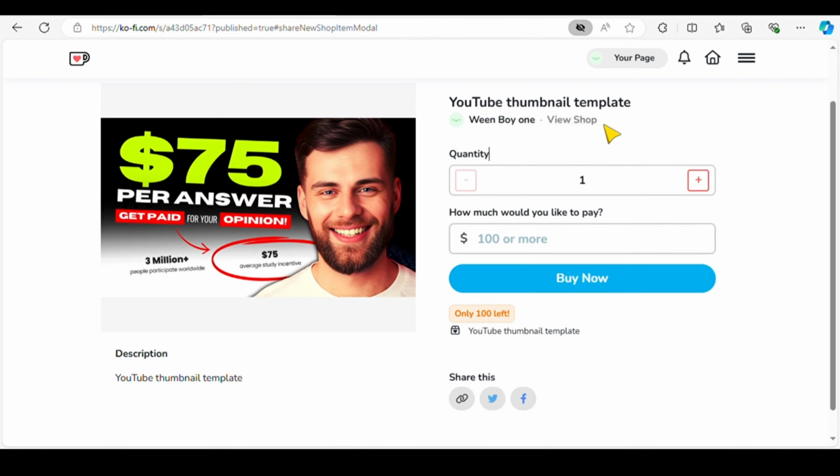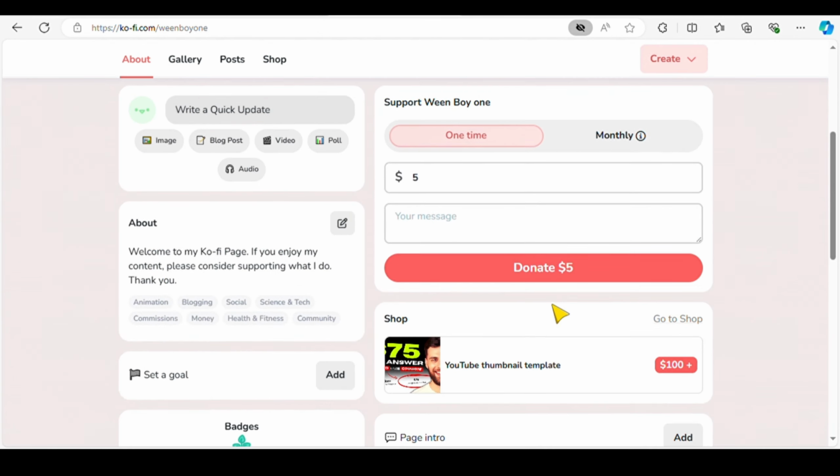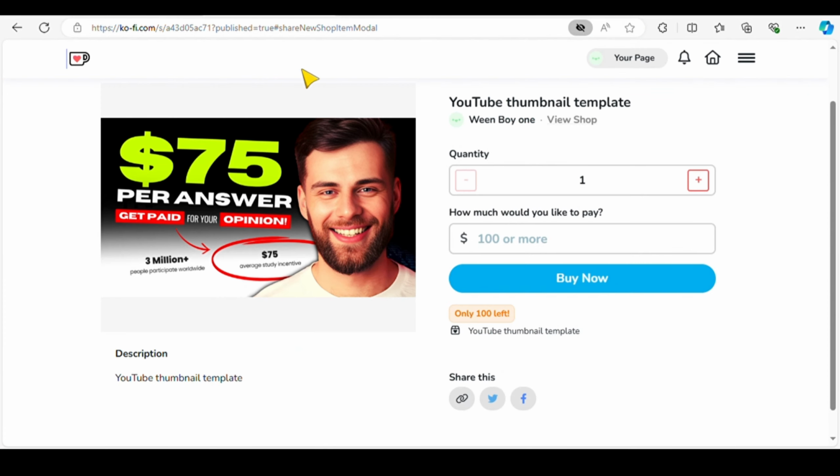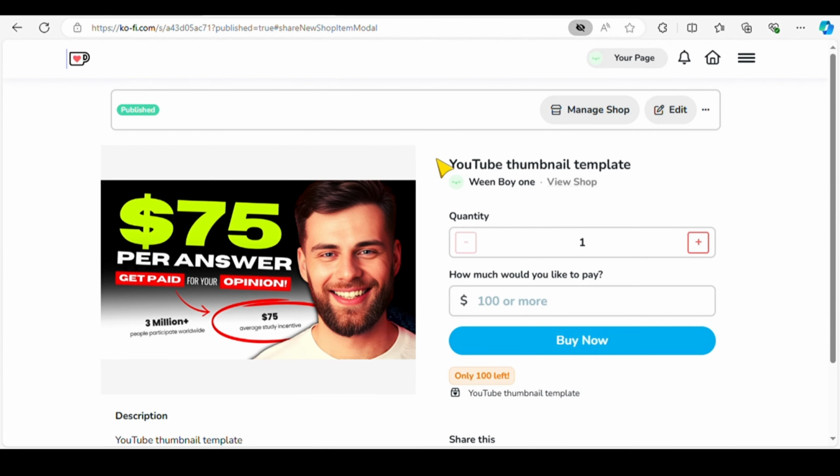Your product page will display the title, username, avatar, price, and description clearly. A Buy Now button makes purchasing easy for customers. To see your shop, go to your page. The Donate feature will be visible if enabled along with your shop. You can share the URL of your shop directly with potential buyers. That's it. Your Ko-fi shop is now set up and ready to accept